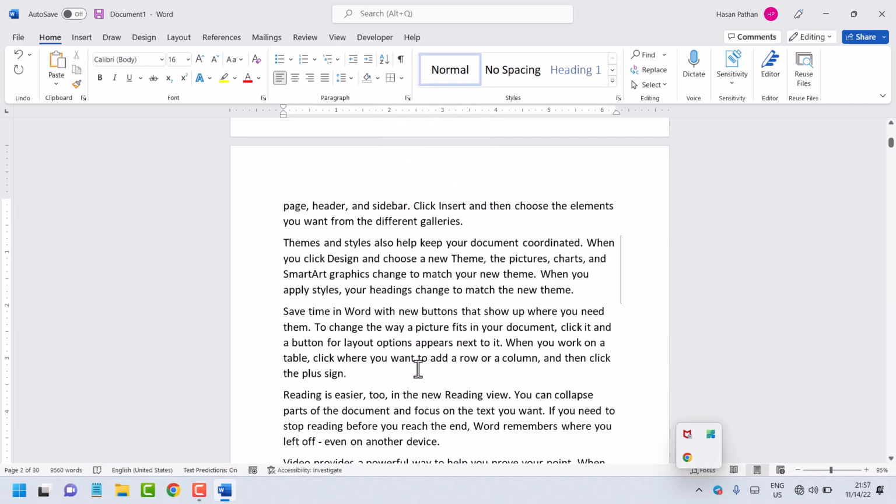Hello friends, in this video I will show you how to add a border to paragraph in Microsoft Word document. So select your paragraph where you want to add a border, like here. Then in this home tab, click on this drop down